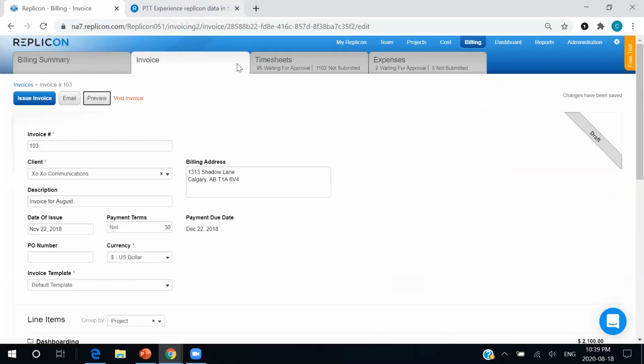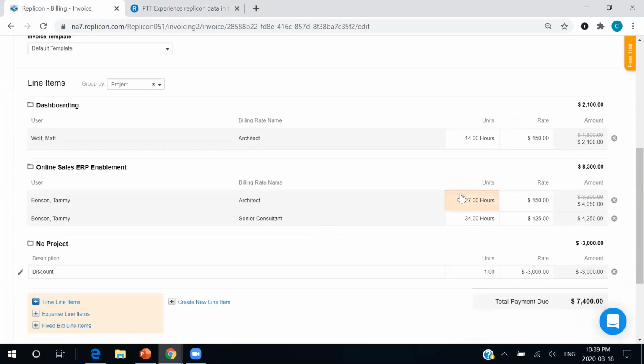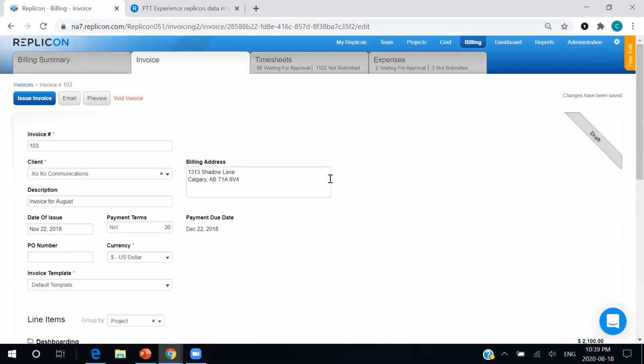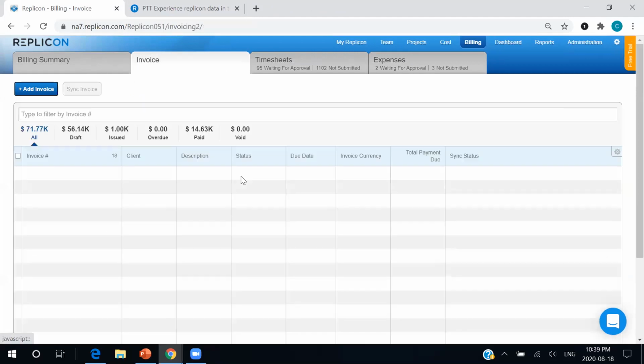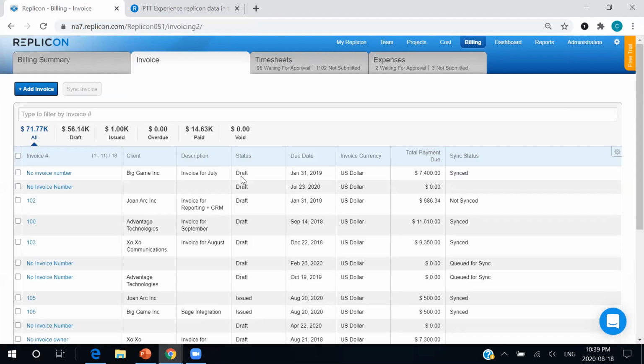And from the invoices themselves, we will actually be able to update these in real time. So maybe a specific task went a little bit longer. We can actually add those hours on directly, and this will be visible for everyone involved. We can add line items like discounts or extra tasks that we worked on. And when we are ready to go, we can go ahead and email out this invoice, and we can update the status in real time. So those invoices will change from billed to issued, drafted, whatever. So we can update everything in real time, and we have full control over our billing from the Replicon platform itself.